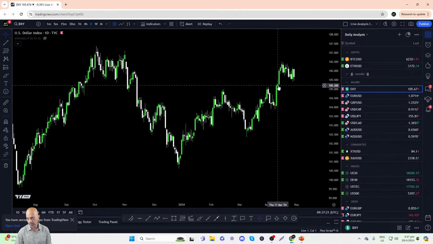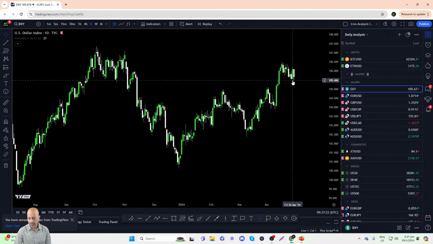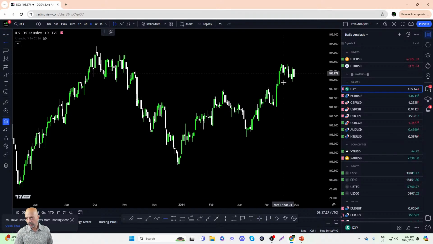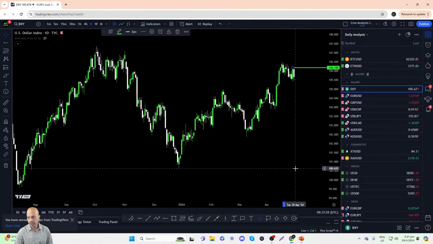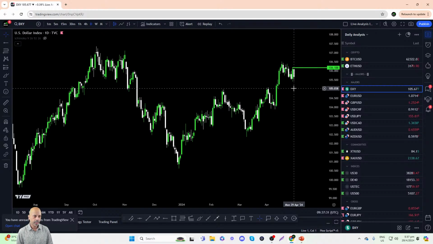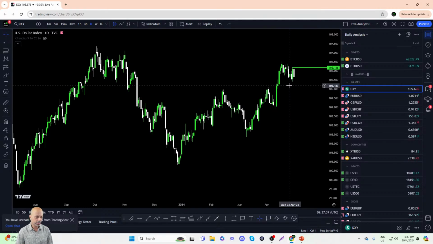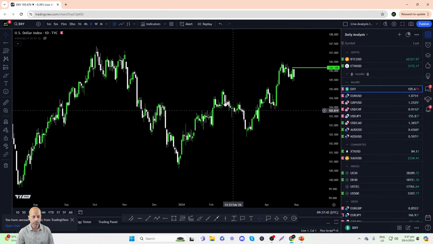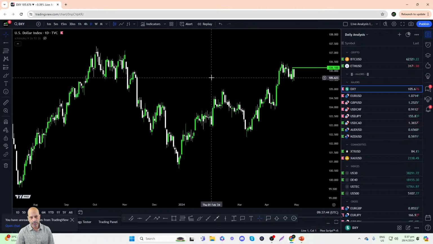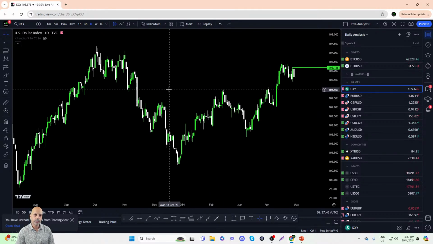So of course, the dollar index rebounded strongly last Friday, hitting a high of 106.18. However, you can see it is actually pulling back quite sharply today. So we do have the pullback in the dollar. With this, it is quite likely we could see the dollar continue to pull back in the first half of this week.